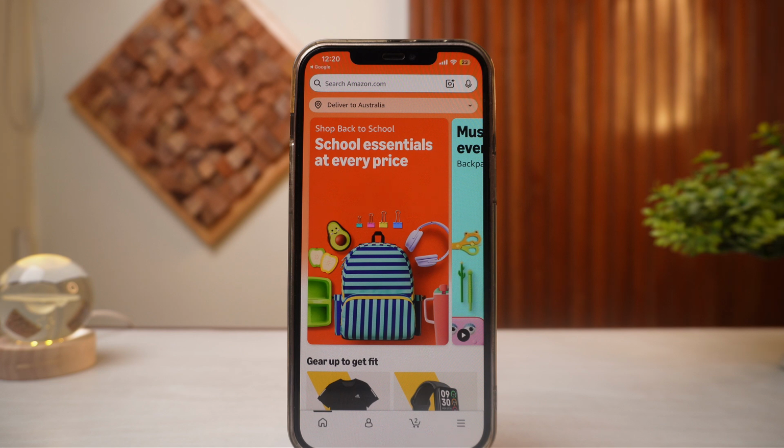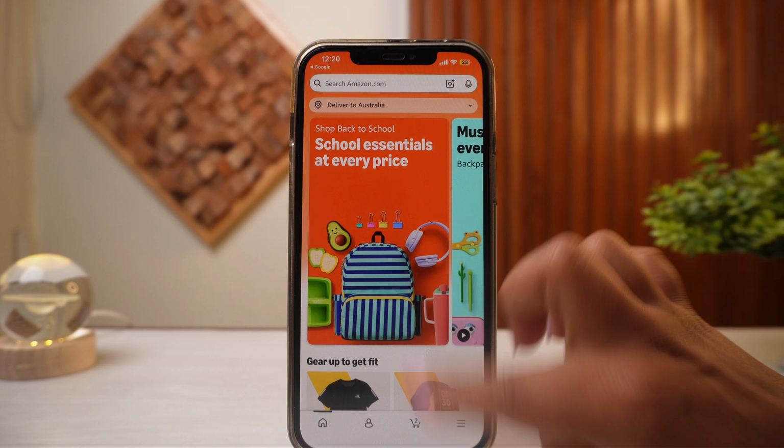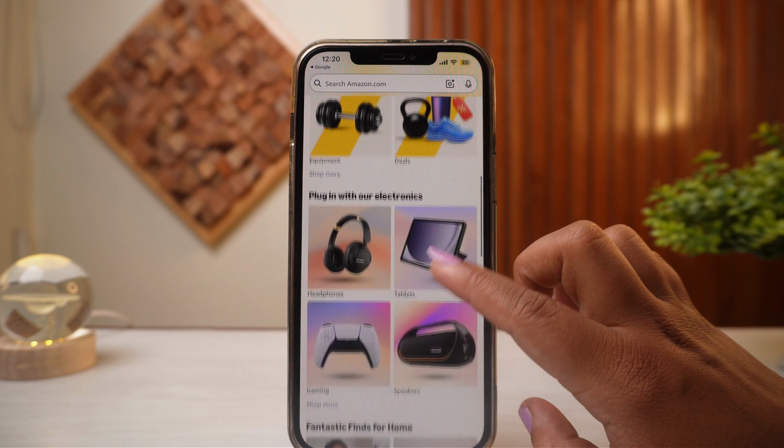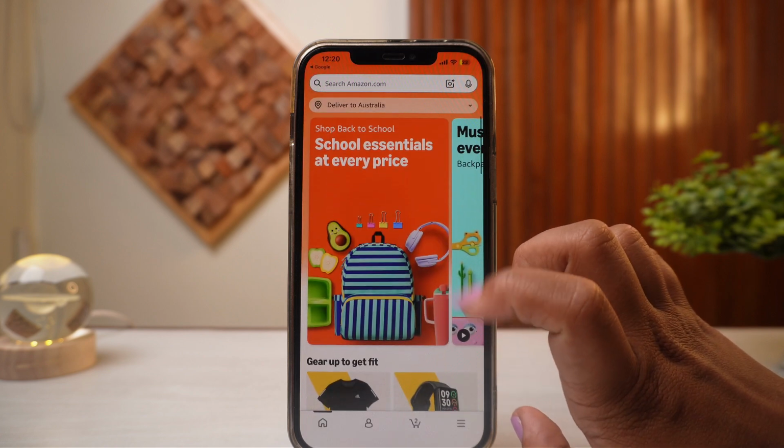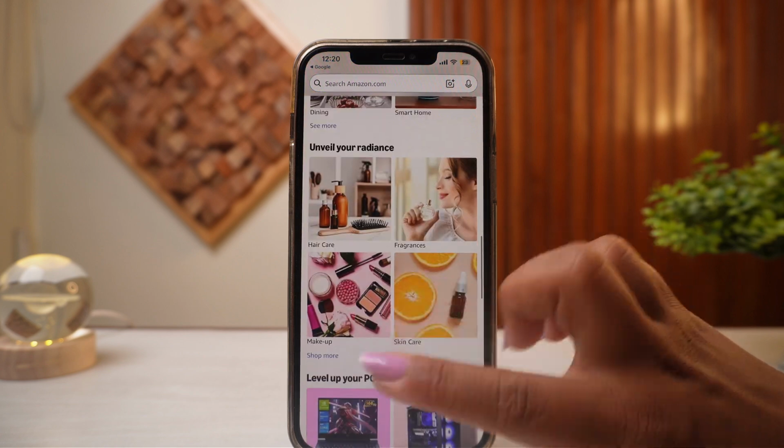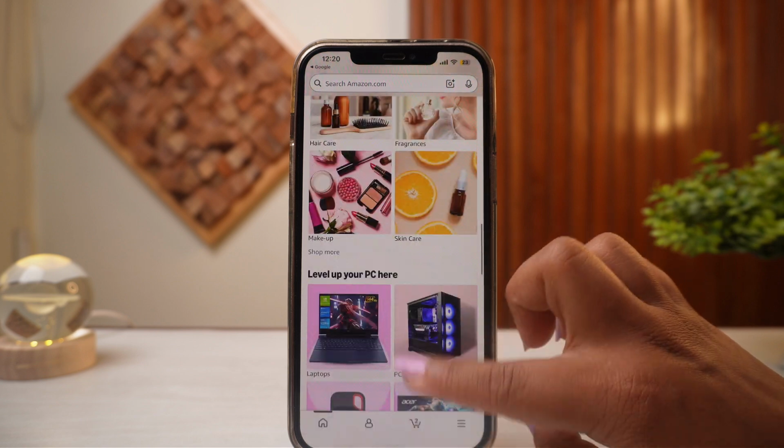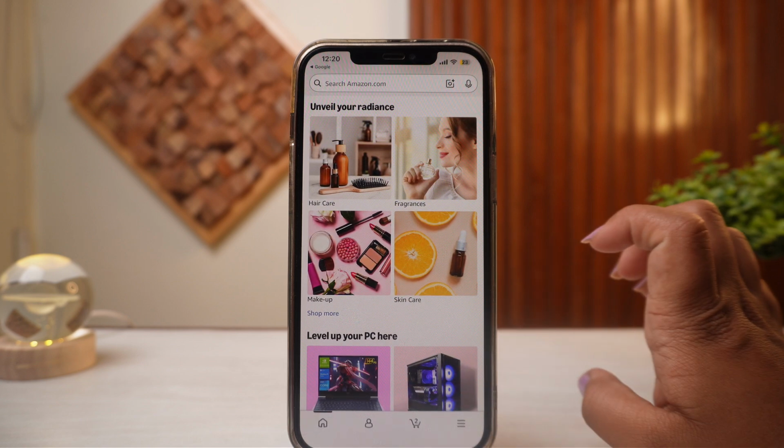Okay, how to use Amazon AU Live shopping feature. So in here, the very first thing to do is obviously get into your Amazon AU, right? So in here, you can simply browse through any of the items that you want to buy and set an order on your Amazon AU, but